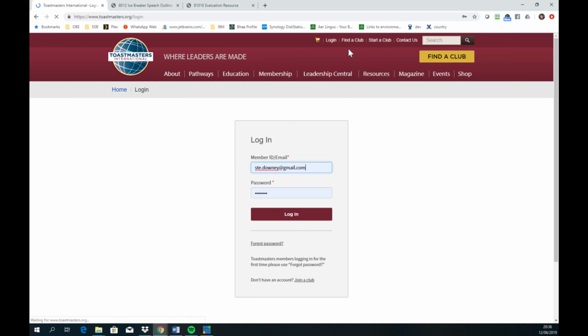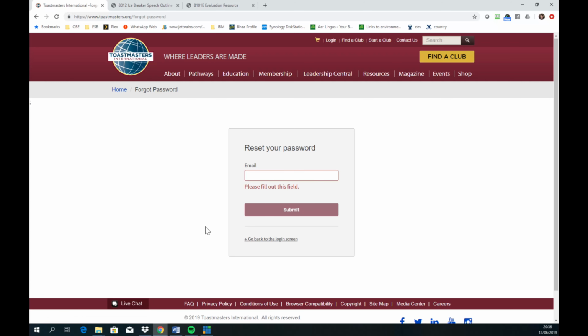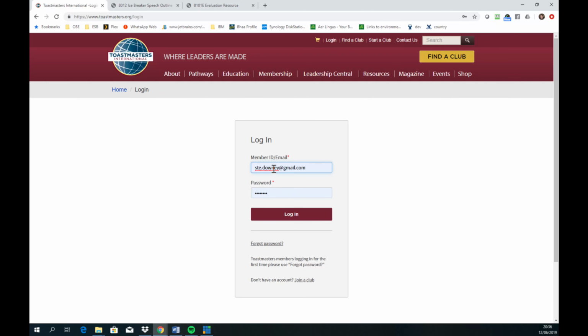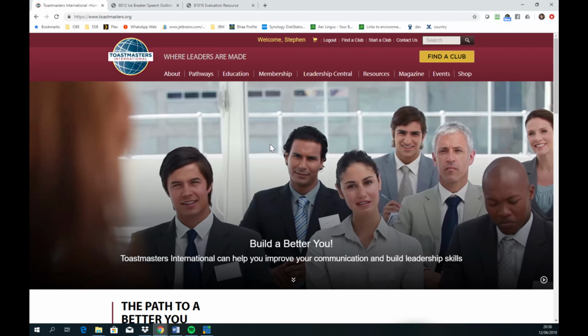So again, to get there, we just went to the login screen, we went to forgot password, and we put our email address in. So I'm going to log in with my details, and when I go into Pathways, first screen we see at